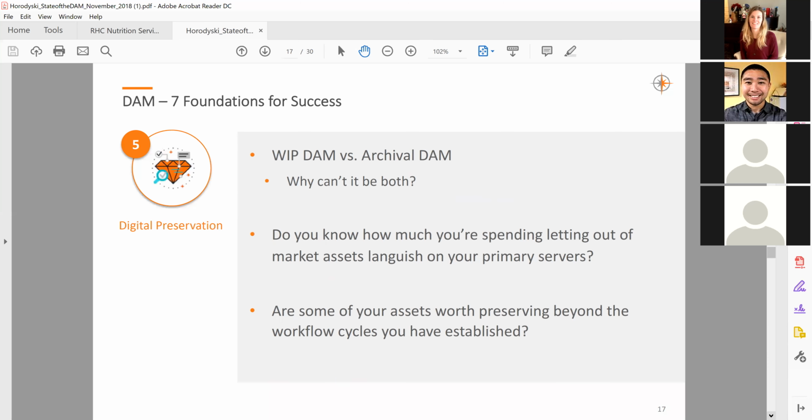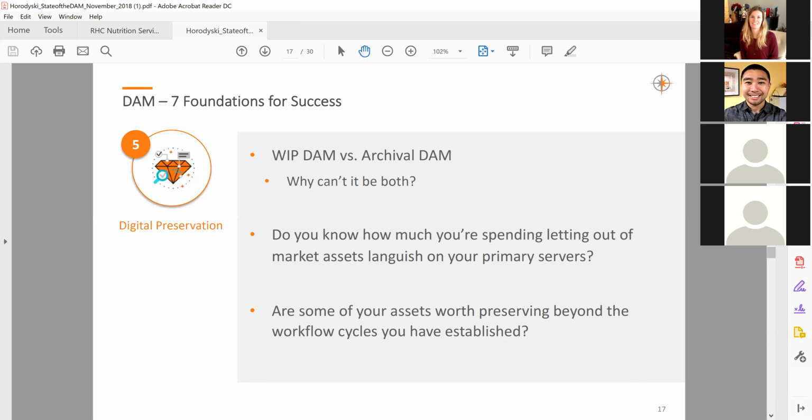The next one that I wanted to bring to your attention is all about digital preservation. So the question asked when you look at your content is, are these assets even worth preserving beyond the workflow cycles and the immediate or short-term needs? Do I need to keep this? And if I do, why? And sometimes in regards to archival or preservation sentiments, the question is asked, are some of these worth preserving beyond the current cycle? And that means, do I consider these things to be stored in a repository beyond the needs now?